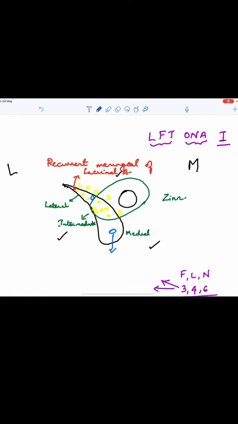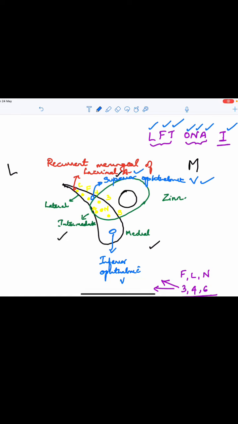Through the medial compartment you have the inferior ophthalmic vein, and through the lateral compartment you have the superior ophthalmic vein. Through the lateral compartment you have the three nerves: the lacrimal nerve, frontal nerve and trochlear nerve, and the recurrent meningeal branch of lacrimal artery and the superior ophthalmic vein. Through the intermediate compartment you have the two divisions of the oculomotor nerve, the nasociliary nerve and the abducens nerve, and through the medial compartment you have only one structure, that is the inferior ophthalmic vein. So these are the structures that are passing through the different compartments of the superior orbital fissure.